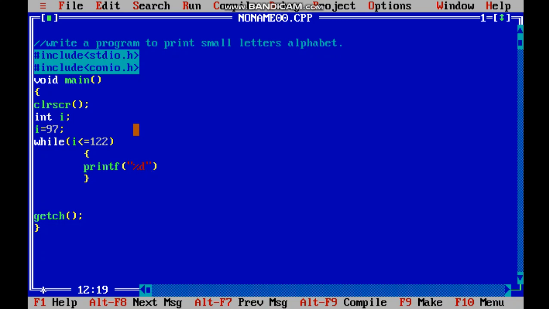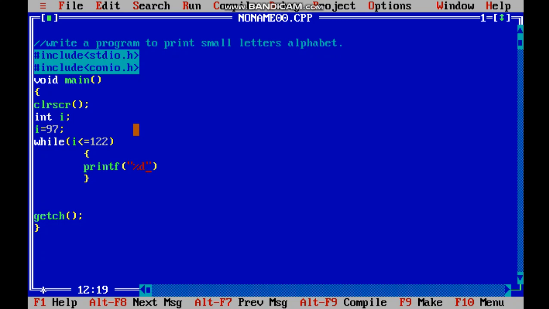Other one was integer type, that means not float, not point part, that means 0, 1, 2 and so on, minus 1, 2, 3, minus 2, minus 3 and so on. This will come under integer type, where a point won't be used. And then comes float. Float means it deals with decimal point values.